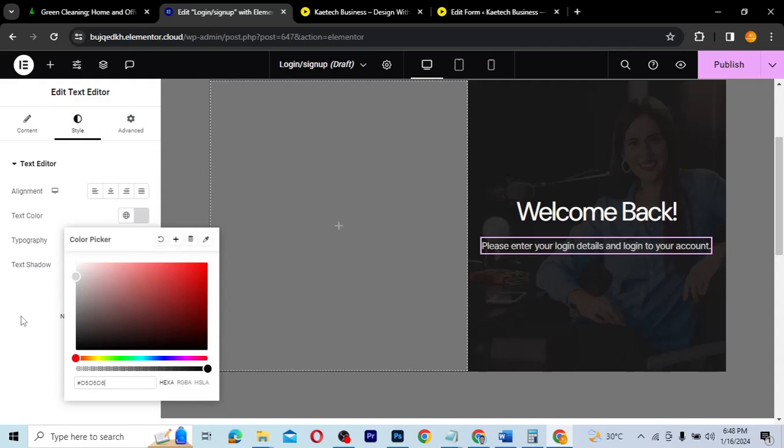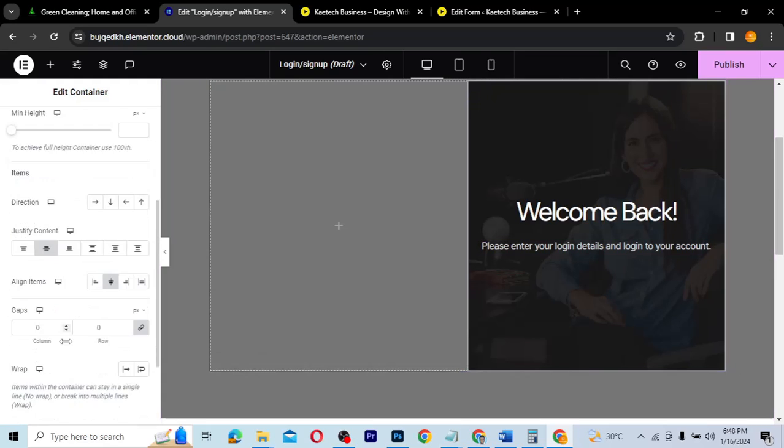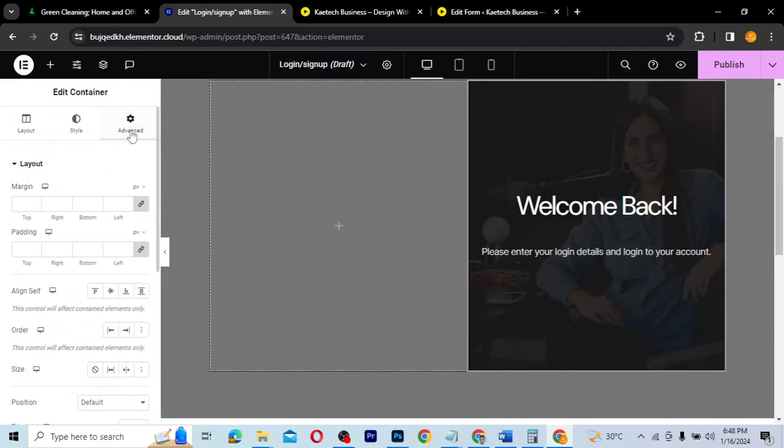Okay, so it says, please enter your login details, and so on. I want this one to be positioned well, so I want to give some kind of a pattern all around it. So I'm going to come over here, click on this particular one, and first of all, I'm going to use this one to create a gap. I'm going to create a gap over here like a 20, so that this one will be a little bit on top, and then I'll come to advanced over here, and create an all around pattern